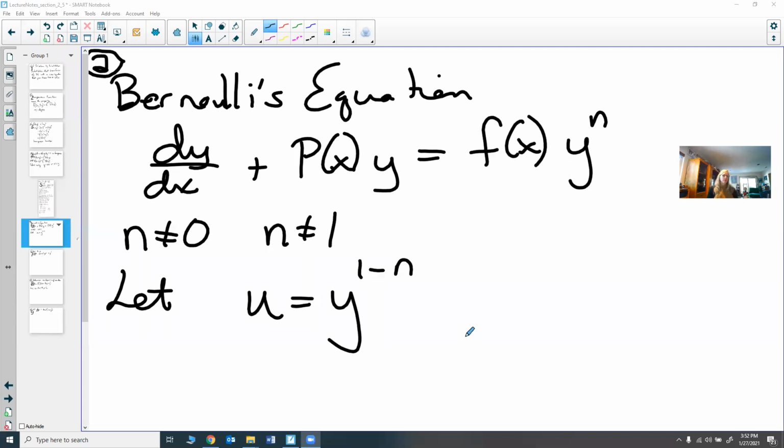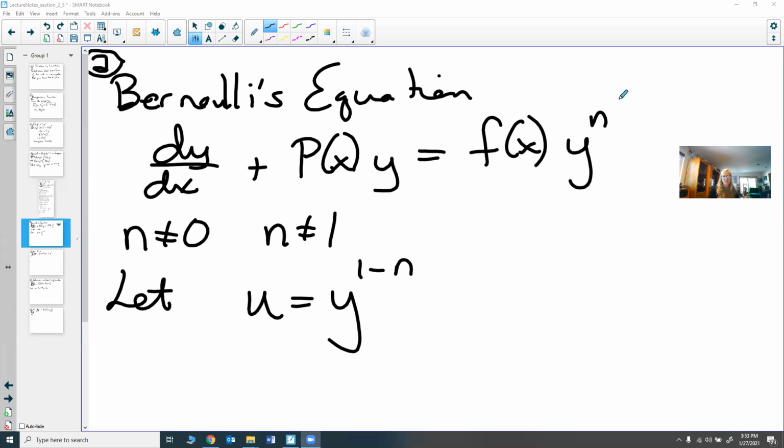Now that we've done the homogeneous function and found out what its substitution would be, let's look at what we call a Bernoulli's equation. The Bernoulli brothers were pretty prolific mathematicians who did a lot of research into calculus. And so this equation, I assume, came from them, or it was written for them. Not for them, but named after them. But this is a situation where we have dy/dx plus p(x) times y equals f(x)